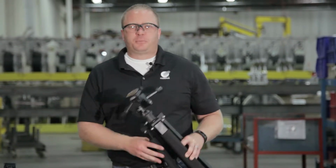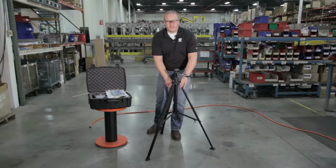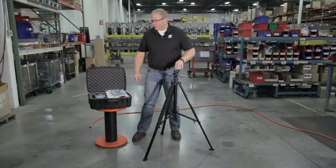In the most common installation scenarios, this is the point where you'd be setting up for a crash test. So that's what Mike's going to be showing us today. All right, so now that you've pressure tested and proofed your duct, it's time to get set up for the crash test. Got our tripod here that we're going to mount our GS150 to, and to do that,